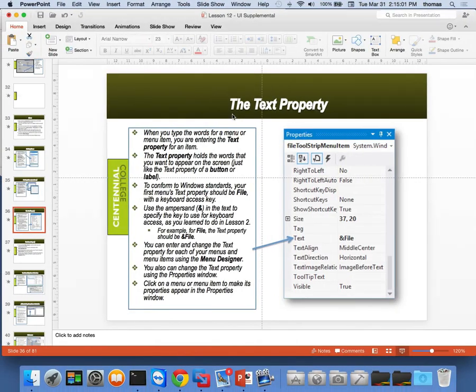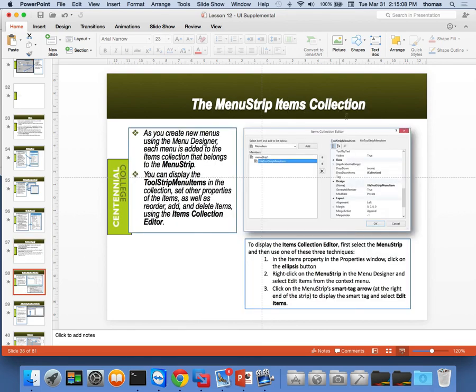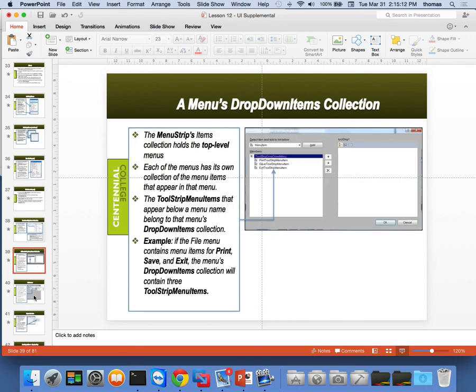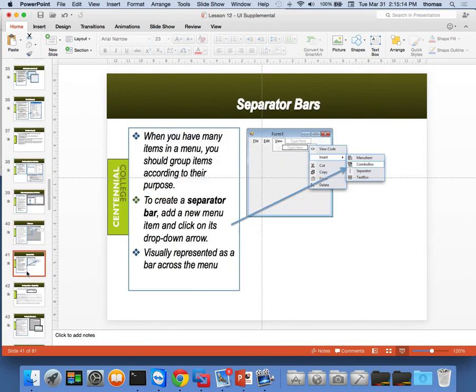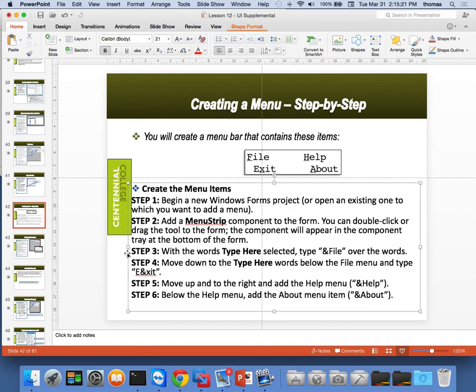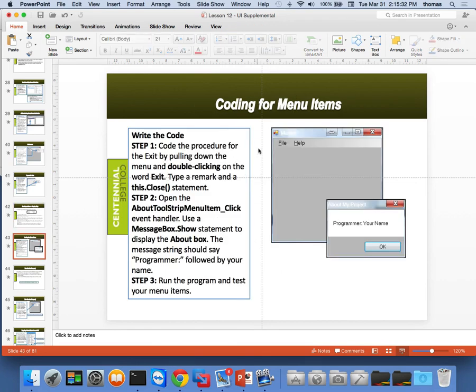Okay, we're almost done for this section. We talked about the name property, that the properties vary. We went into this items collection because each of the items you can go into with a little smart button. You can control them this way. I'll leave you to read some of these submenus and separator bars. If I want to get you guys to try a menu, I've got an example here about creating this stuff. If you want to follow along, not now, but this is do. If you want to check this out, it's up on the PowerPoint presentation, right? How to kind of put this together,